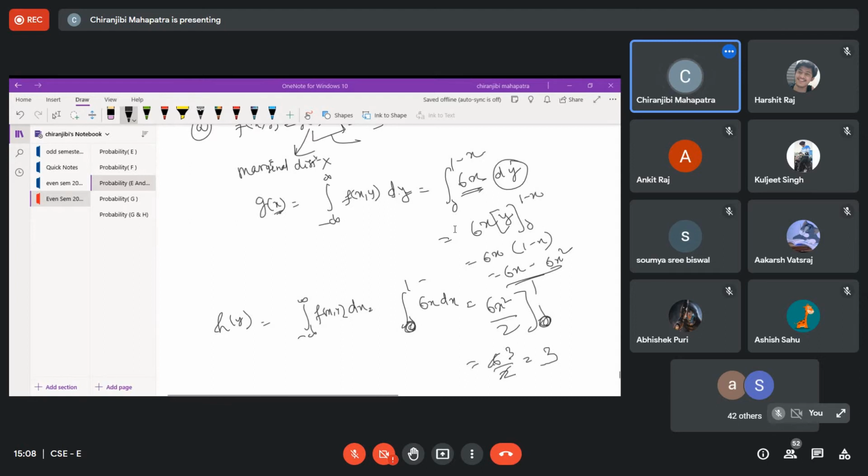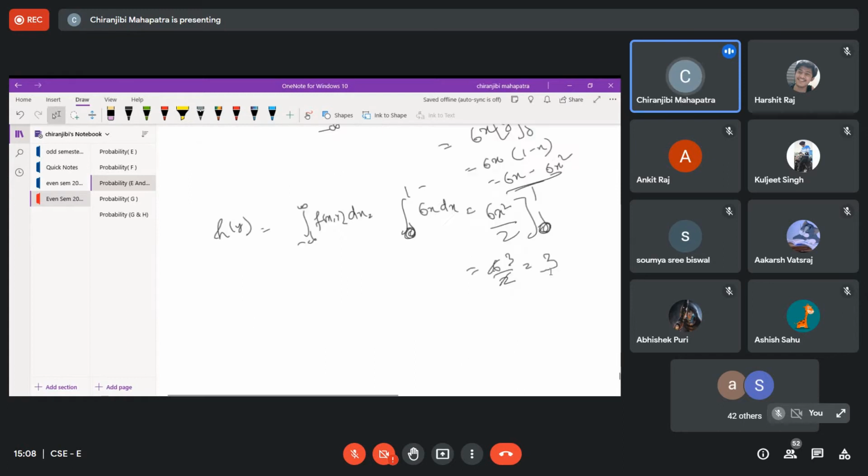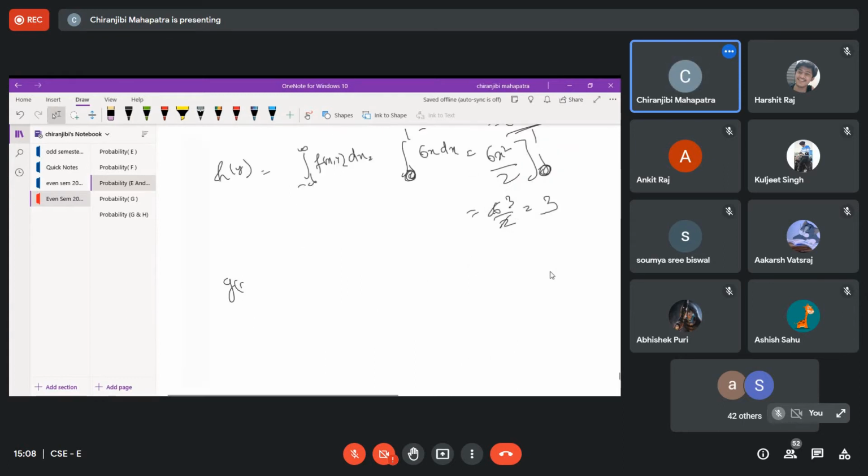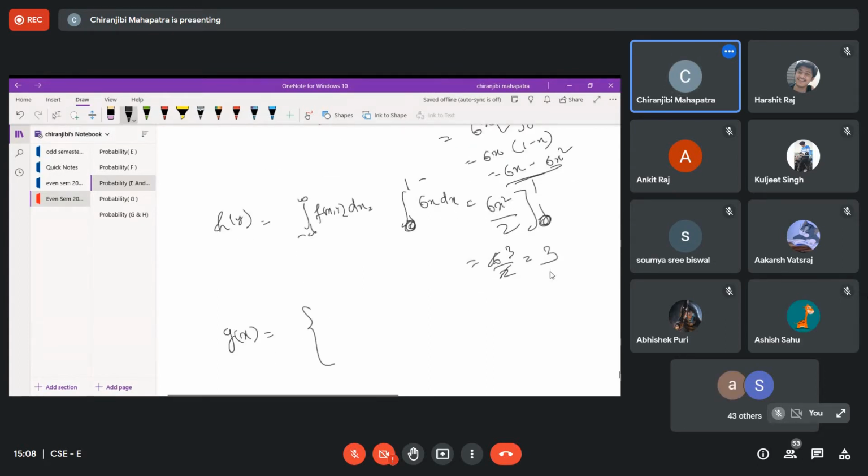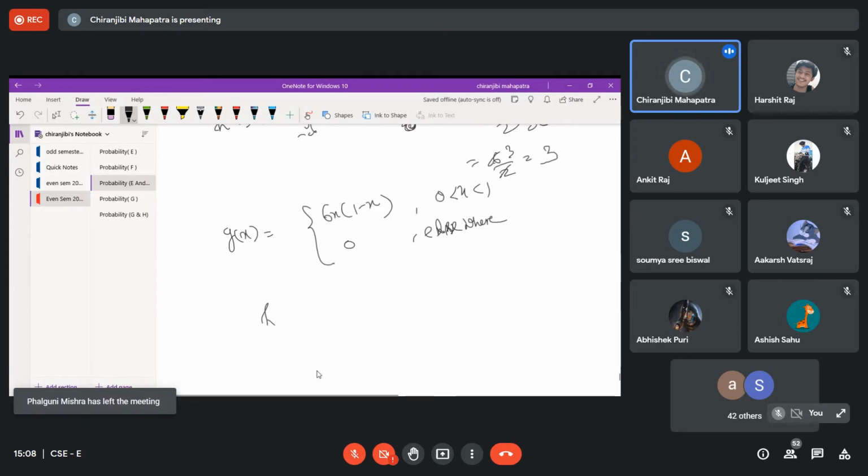So basically g of x is 6x into 1 minus x when x lies between 0 and 1, and 0 elsewhere. And h of y will be equal to 3 when y lies between